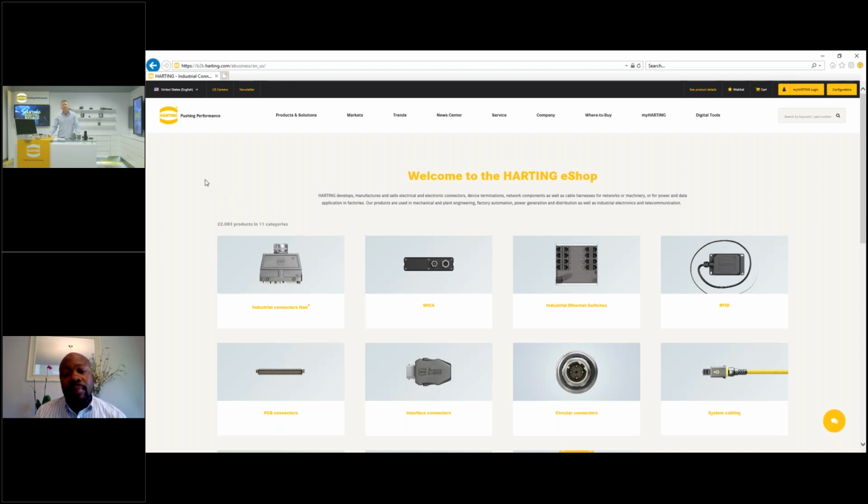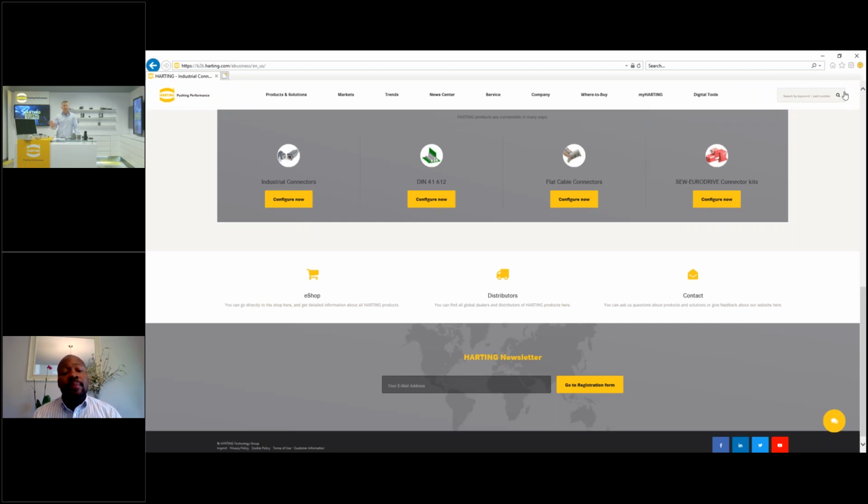So as you can see on the screen right now, at the top right, it says configurator. Now this is at just www.harding.com. So there's no special portal or anything. So it's right on our website. You can see what Goda did there. She just clicked